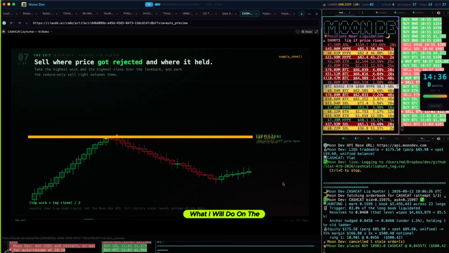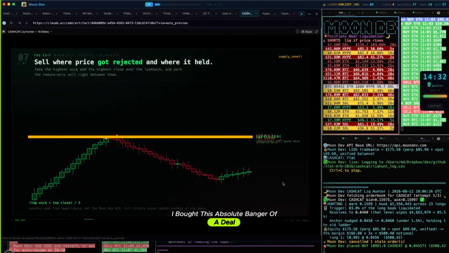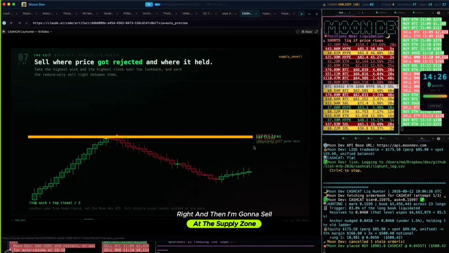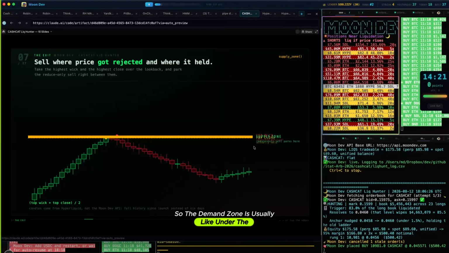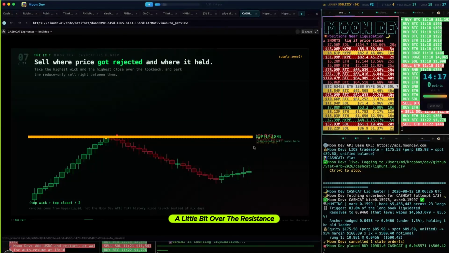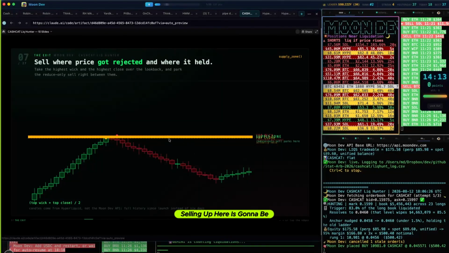What I'll do on the exit is simply, okay, I bought this absolute banger of a deal because I waited till everybody lost all of their money, right? And then I'm going to sell at the supply zone. The demand zone is usually under the support levels, and then the supply zone's a little bit over the resistance. But since I bought such a deal down here, selling up here is going to be a nice